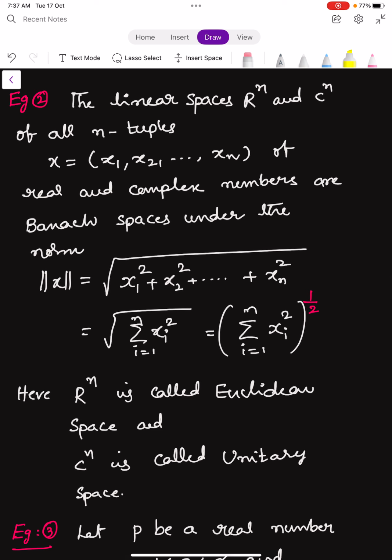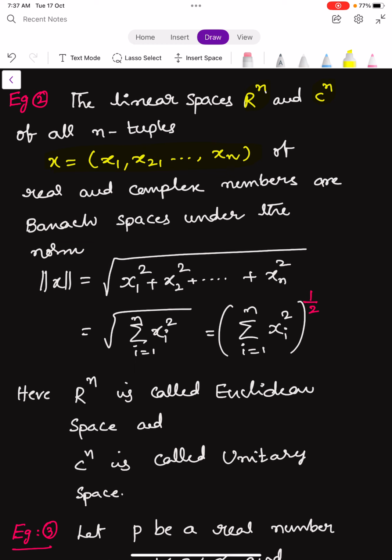The linear spaces R^n and C^n. This power n represents the set of all n-tuples x = (x1, x2, and so on, xn)